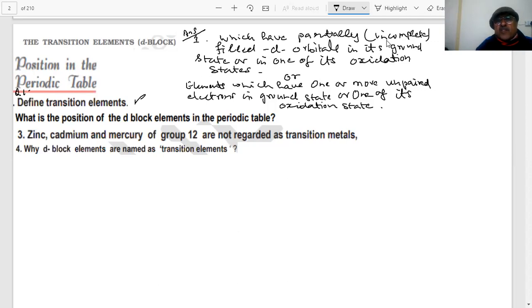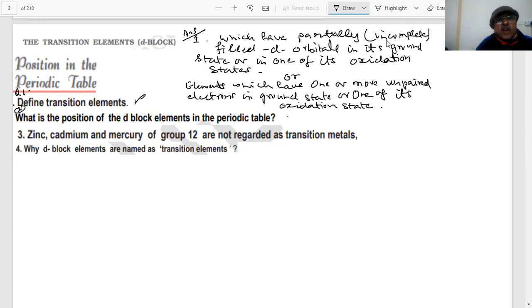Question number 2 is on the screen, students. What is the position of d block elements in the periodic table? What is your answer? You have 30 seconds. You will learn everything and all questions will be answered here. Our MCQs are coming. Sir, they are in the middle. That is what we mean by middle; you have to specify what these are: the elements which are in between S and P block elements.